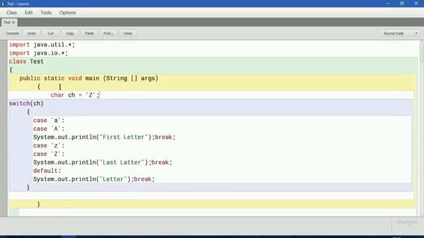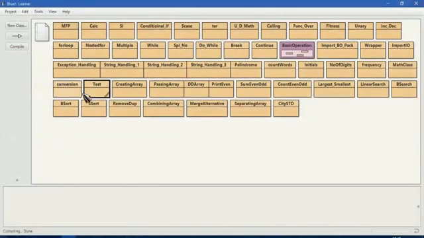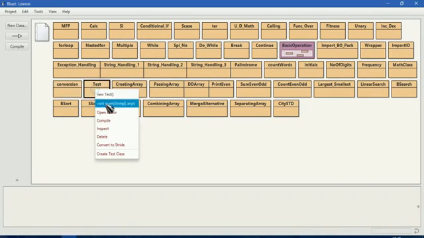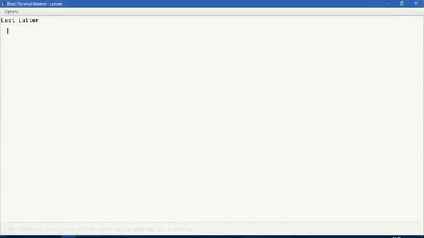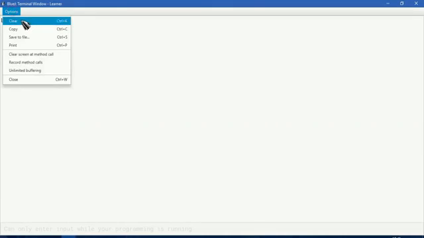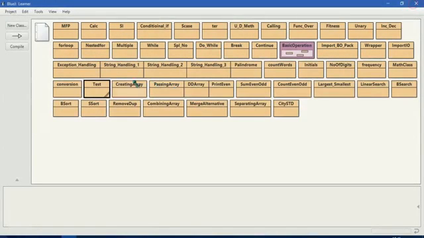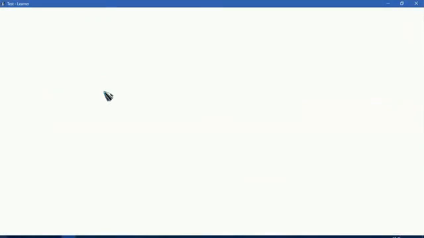So it will say last letter. Compile, no syntax error. So it is said last letter. Even if we give small letter also, it should say last letter.